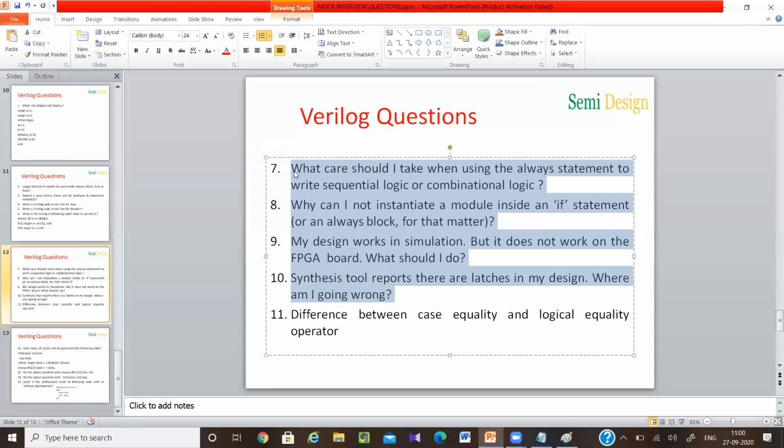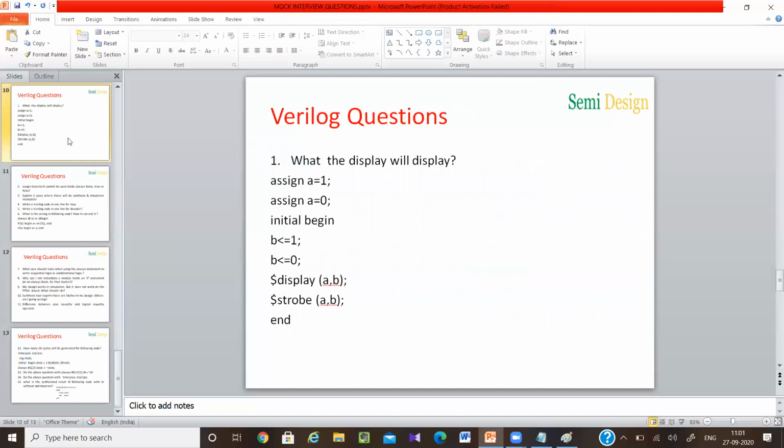मैम वो जो बी को असाइन कर रहे थे, पहले 0 असाइन किया फिर बी को 1 नॉन ब्लॉकिंग असाइनमेंट किया। हाँ मैम, इसमें अगर ये नॉन ब्लॉकिंग है तो बी में 0 भी जा रहा है, बी में 1 भी जा रहा है।